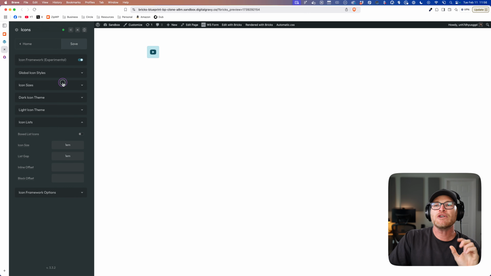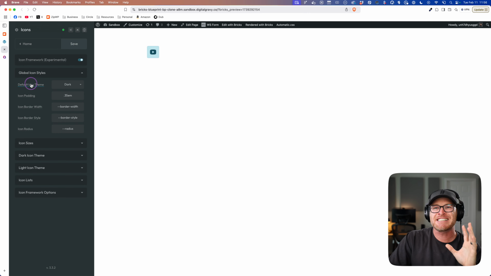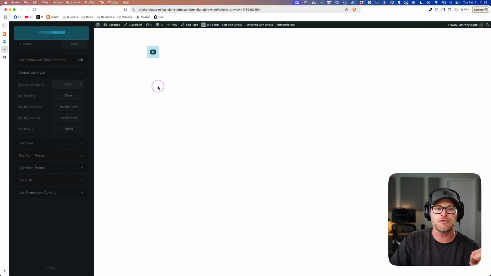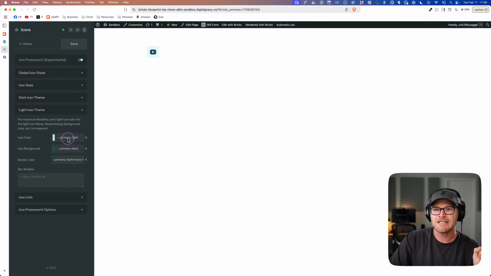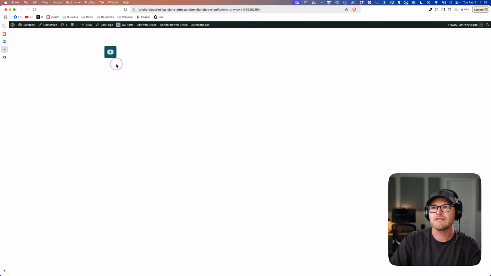All right, so when you are analyzing what theme this is, is this a dark icon or a light icon? Because the background is light, I think we can objectively agree on that. The icon itself is dark. If I change it to light, okay, and I save, we're gonna look at the refresh here. Okay, what did it do? Hold on, let's go to light icon style, primary light. Let me refresh. Right, there we go. Okay, now you can see it's the opposite.